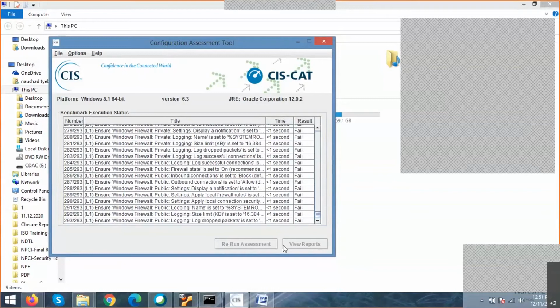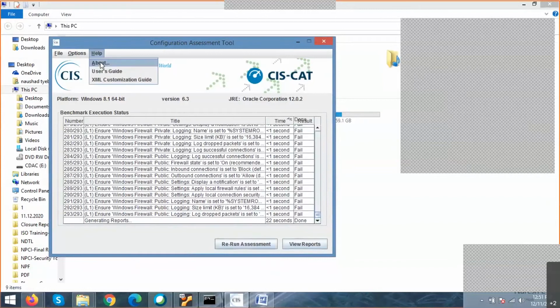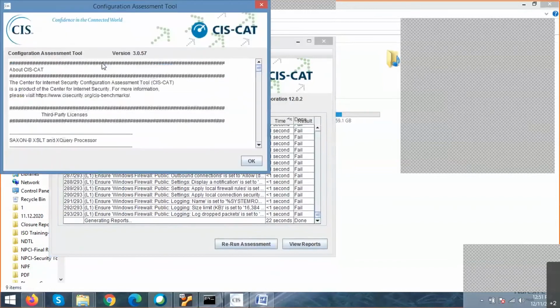Yes, you have to download version 3. Vijay, you can download this version 3, sir. Version 4, I think you have to do manually. Version 3 you can use, sir. See, my assessment tool is version 3.0.